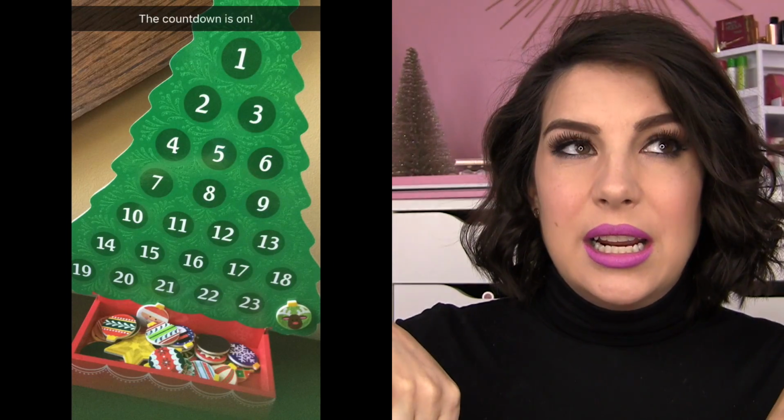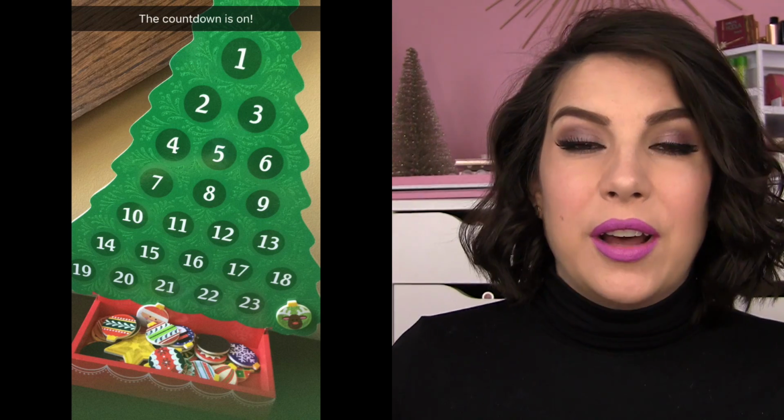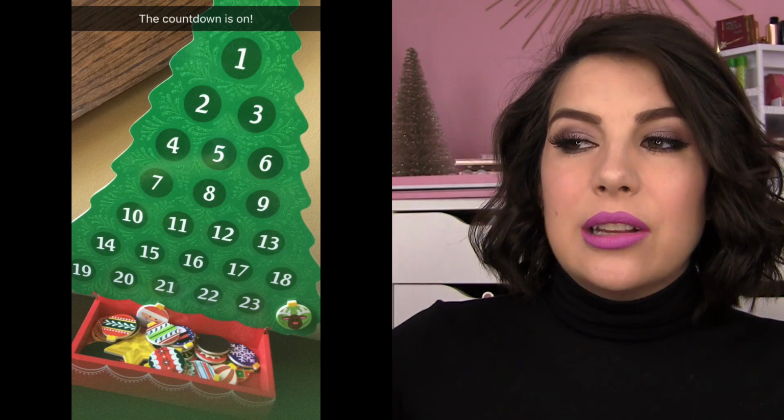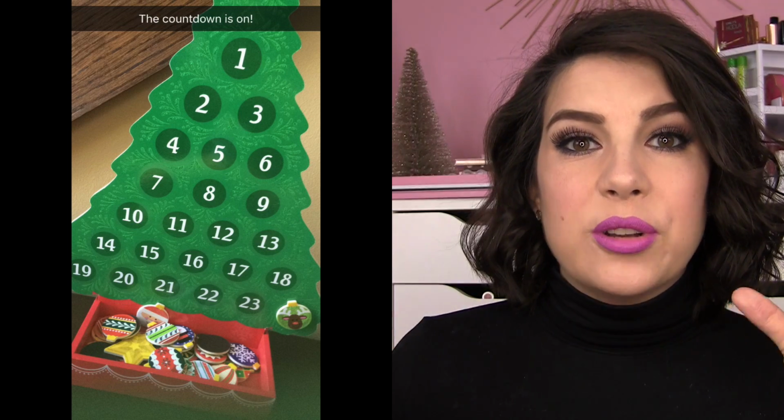So we did gifts then, and she got this neat little thing from Melissa and Doug, and I think Toys R Us sells it. You can probably find it on Amazon, but it's a little tree cutout, and there's a tray on the bottom, and that tray holds all these itty bitty magnetic ornaments. Well, they're not teeny tiny, your kid's not gonna swallow one, but every day leading up to Christmas, you